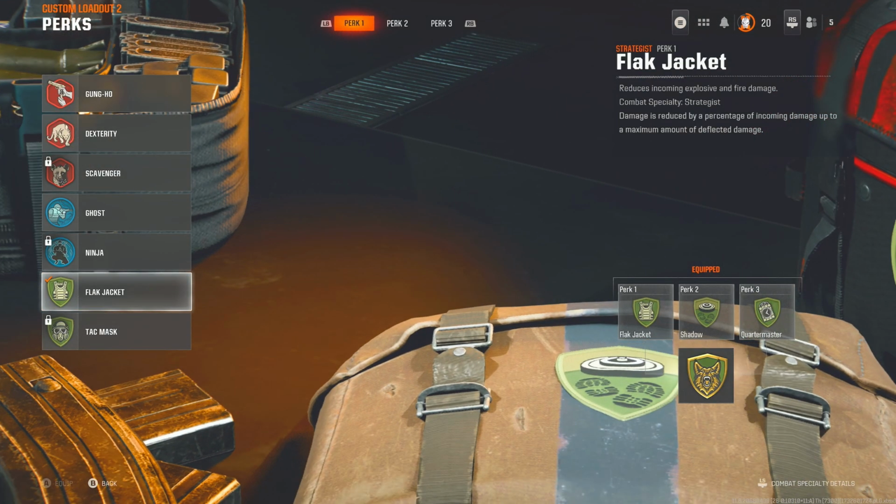Perk 1, we're going with Flak Jacket, okay? We're trying to stop the randomness that can happen in free-for-all. You need Flak Jacket, okay? You've got many different explosives that can go off. As much as I've got a second perk there called the Shadow Perk, which has only just become available, and I'm going to talk about it in a second,